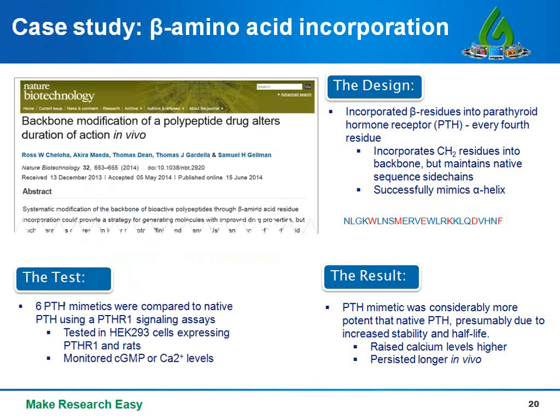This study that was published in Nature Biotechnology earlier this year demonstrates the power of beta amino acid substitution in increasing peptide stability. The researchers modified the peptide backbone to be protease resistant by substituting beta amino acids for native alpha amino acids in the peptide sequence. Beta amino acids differ from alpha amino acids in that their amino group is attached to the beta carbon instead of the alpha carbon. To demonstrate this technique, the researchers altered a portion of the